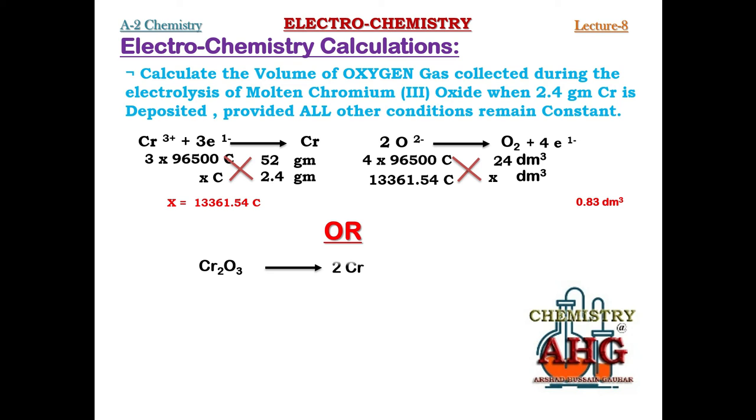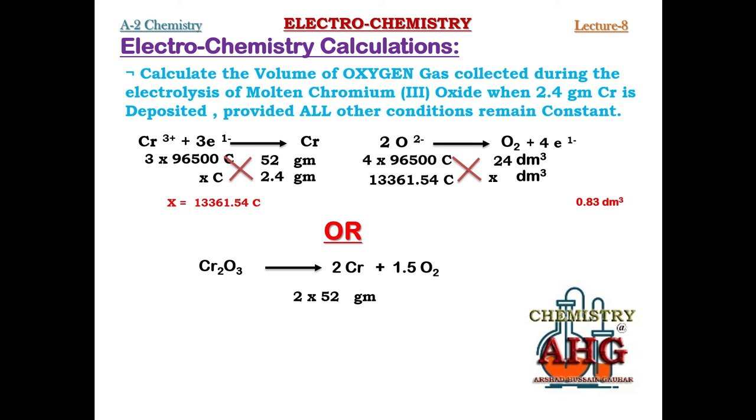So you can write down a balanced equation for chromium solid and oxygen gas. 2 mole of chromium and 1.5 mole of oxygen gas will be collected. So now you can use the simple unitary method that we use in the mole. From the balanced chemical equation, there are 2 mole of chromium,